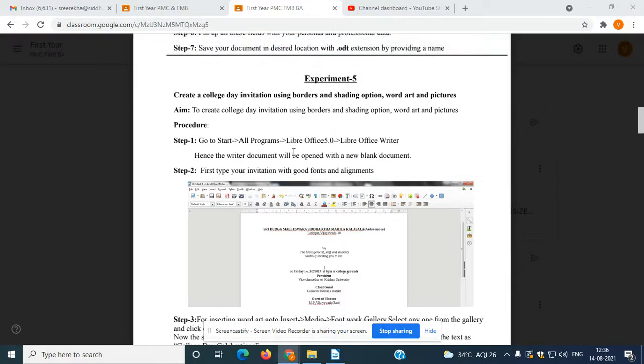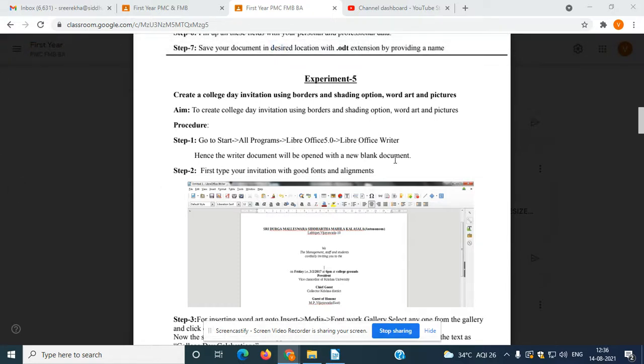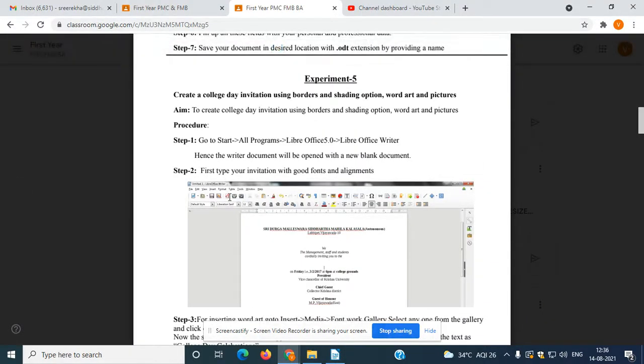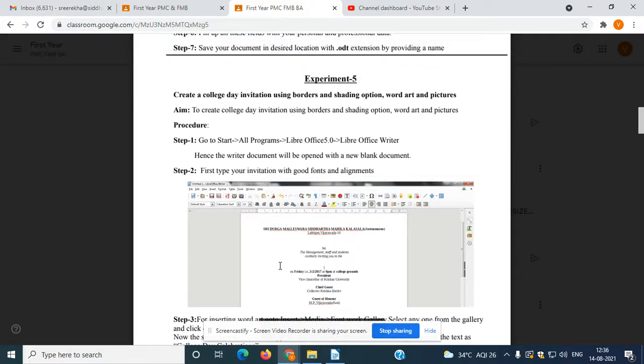In experiment 5, we'll be creating a college day invitation using borders and shading option, word art and pictures. The first step is the same, that we need to create a blank document like this. Then the second step is you need to first type your invitation in this model with good font and alignments